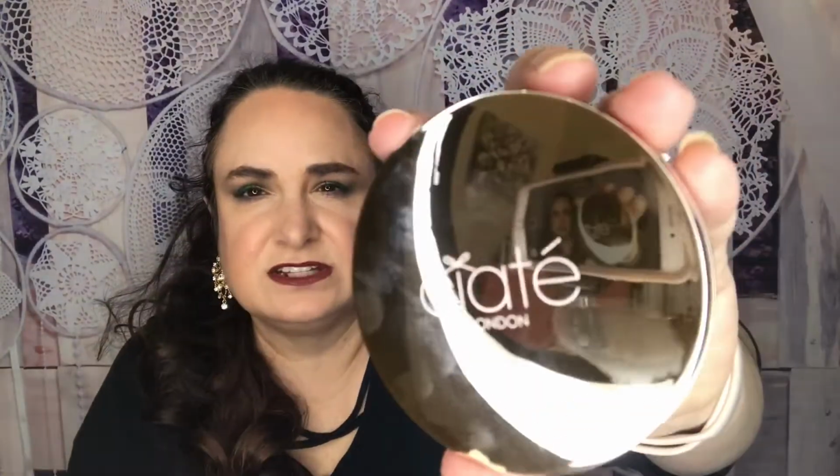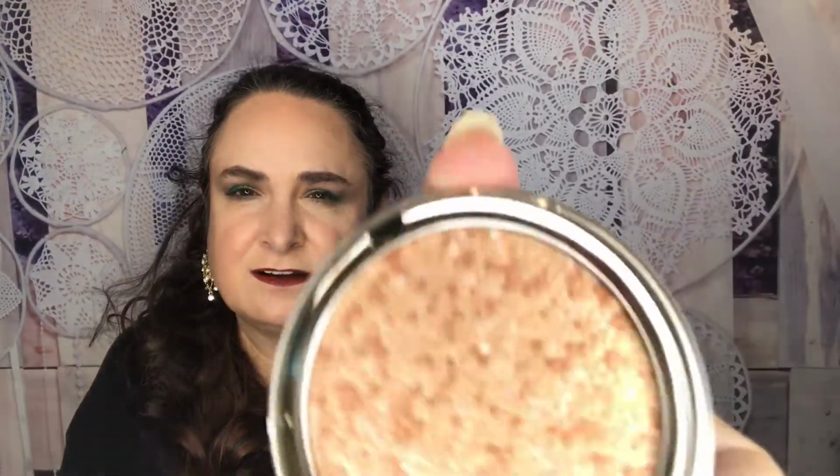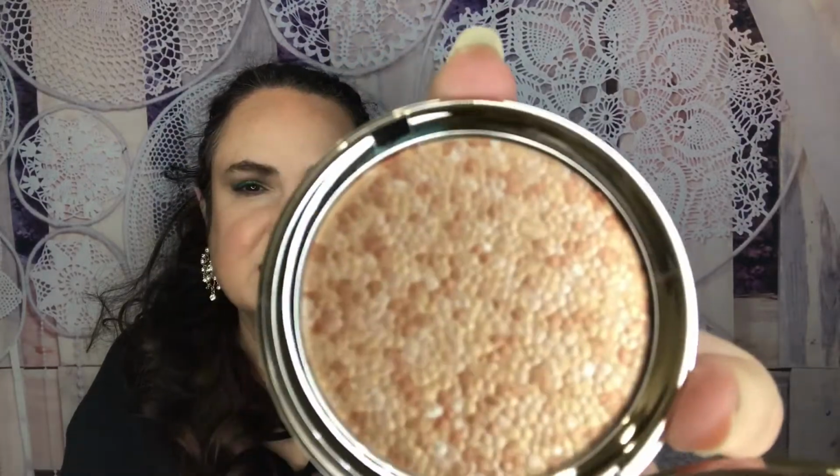Here's what the packaging looks like. It does have a mirror on this side, and then here are those colors. So it comes off kind of gold, and I don't really do a gold highlighter, so I'm going to be